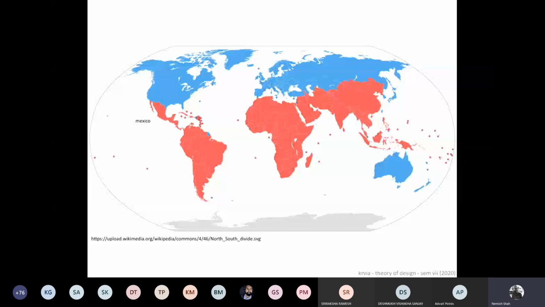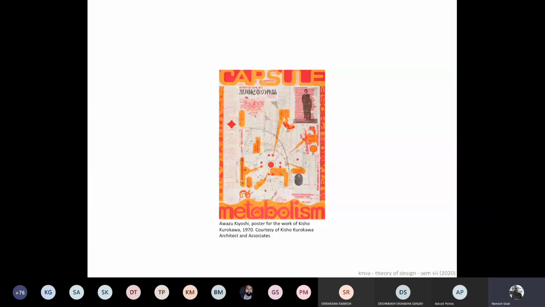And obviously, after this, you get this new breed of architects in Japan. And obviously, we don't go into that right now. But you have this new breed of Japanese architects who moved away from metabolism into a very different kind of modernism. You have Sanaa, you have Sou Fujimoto, you have Tadao Ando who comes in between. And that sense of modernism is prevalent even today in the architecture in Japan.